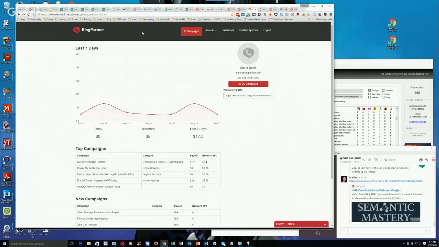If you want to sign up for Ring Partner, you got to submit an application. Essentially, you just apply. It's just like any affiliate network or CPA network, in that you submit an application, and then they're going to call you. Taylor is the guy that I've always spoke with. His name is Taylor something or another, but he works at Ring Partner, and he's usually the guy that calls new applicants and will talk to you on the phone and ask you what your experience is, how you plan on generating leads, how you plan on generating traffic, that kind of thing. All you have to do, and I'm telling you this now, guys, is just sound confident and just say,